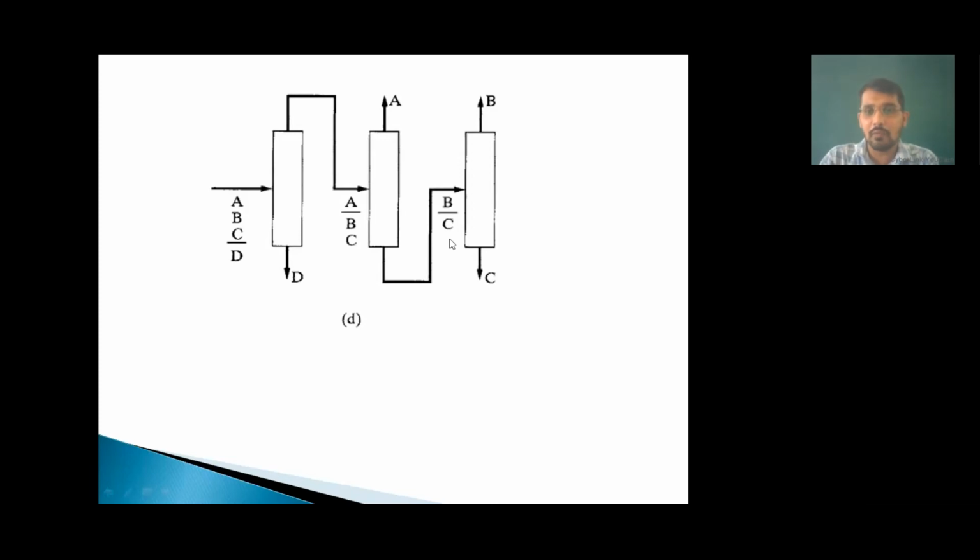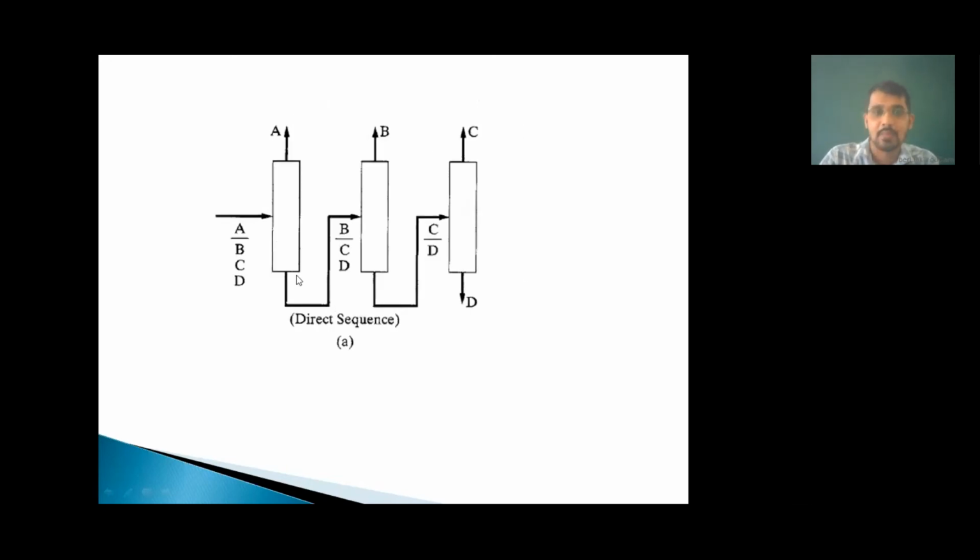After that, what is the meaning of marginal vapor rate method? It means how to find the effective rate. We have seen in a previous lecture a numerical where you have the marginal vapor rate for each individual column. For example, taking the direct sequence, for A/BCD you have a marginal vapor rate for this feed. After that there is a marginal vapor rate value in kilomole per hour for B/CD, and after that C/D. So similarly for all these components there is a marginal vapor rate.